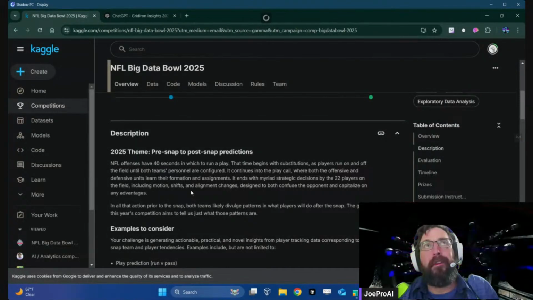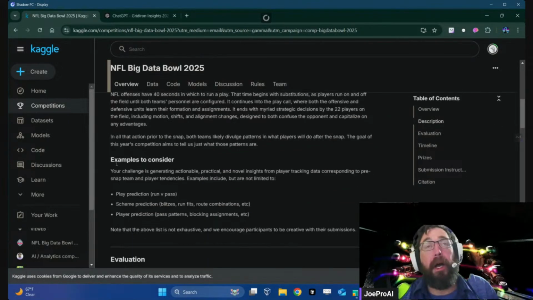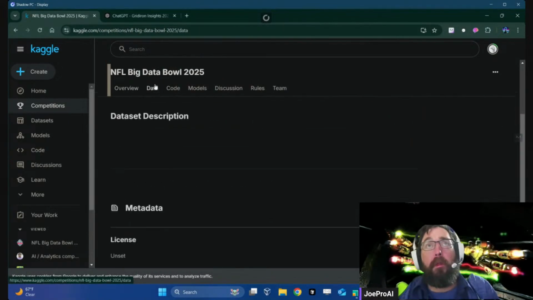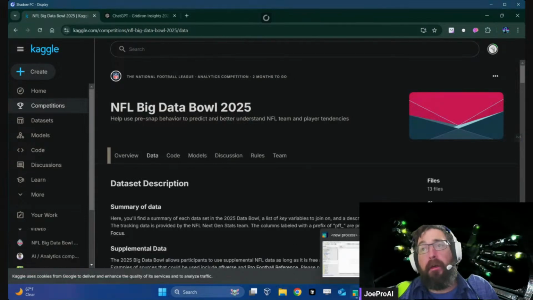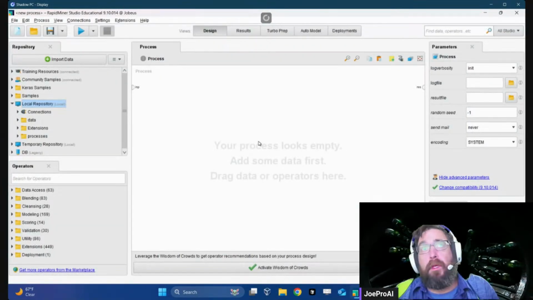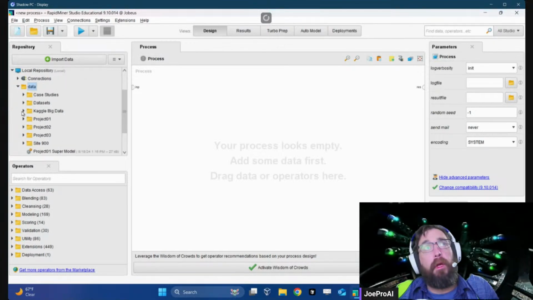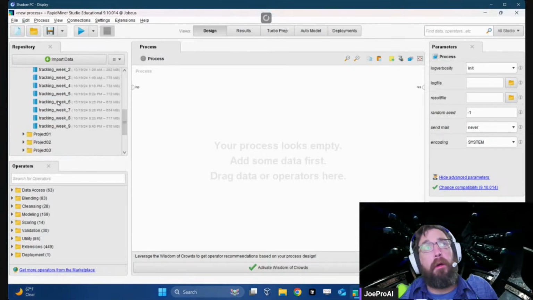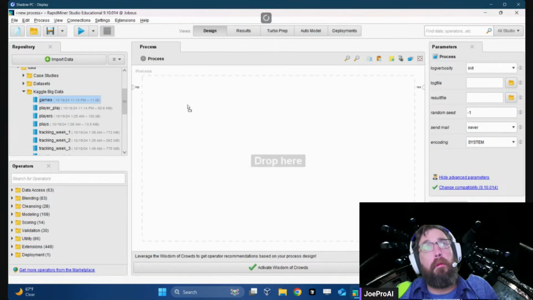So we got the competition. Let's go back to that. I have the data set, which is, we'll look at that because it's going to be this set of data, Kaggle, games.